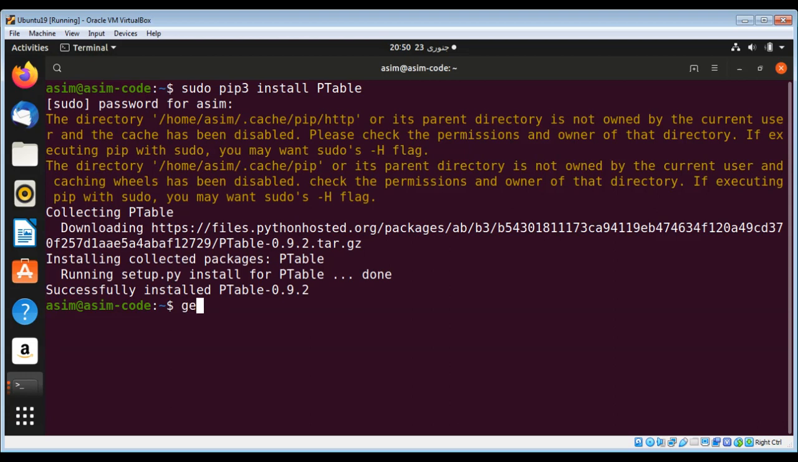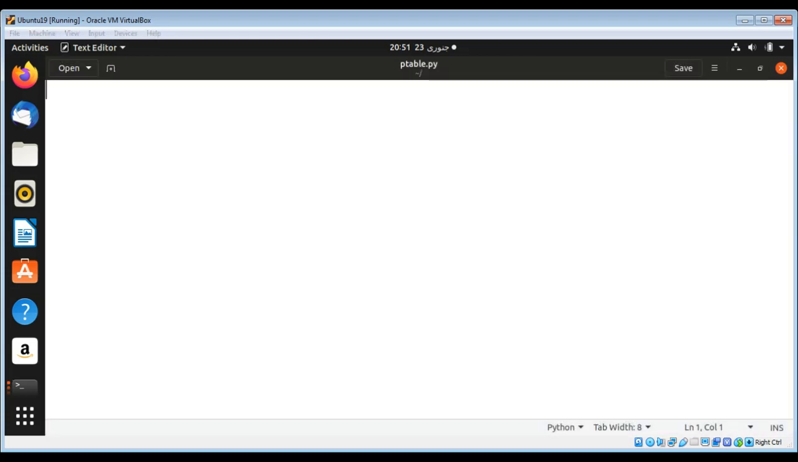I'm going to create a script file and call it ptable.py. With PrettyTable, we can create a table by adding rows and columns. First, I'm going to import a module from PrettyTable,